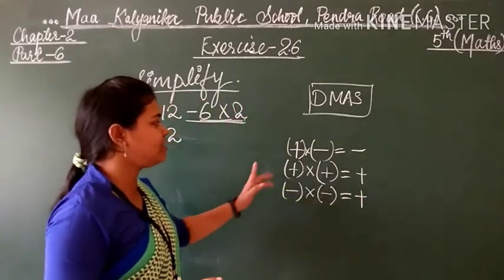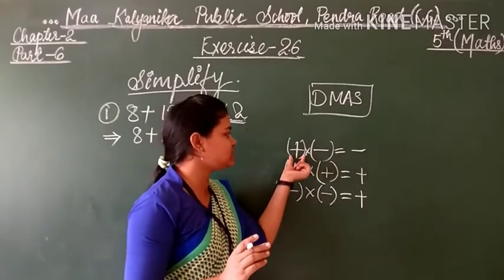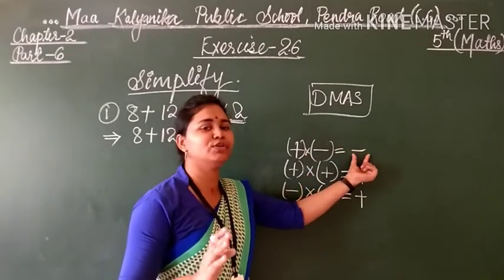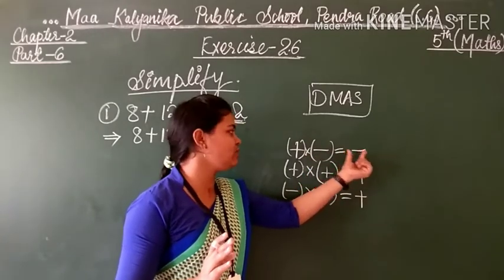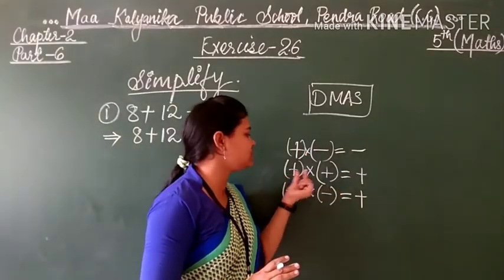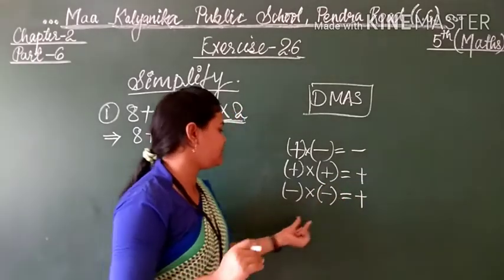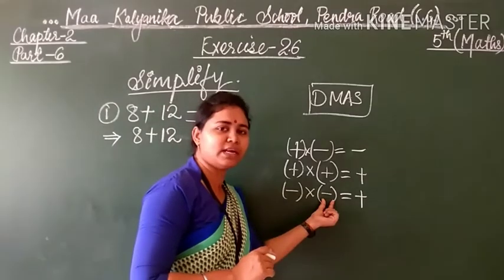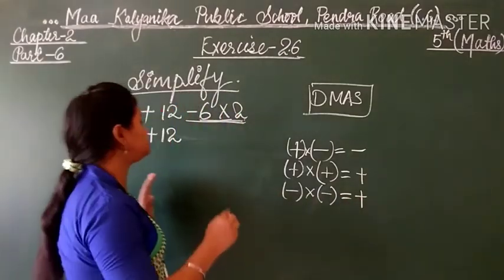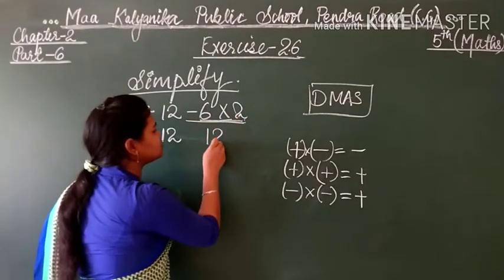So students, be careful while multiplying the two numbers. If the first number has a plus sign and the second number has a minus sign, the answer which you will get, you will put a minus sign. If plus and plus multiplication is there, the answer which you will receive, you will put a plus sign. Then if minus and minus numbers are multiplied, the answer will be plus. So don't be confused here. Okay, so now 6 2s are 12.